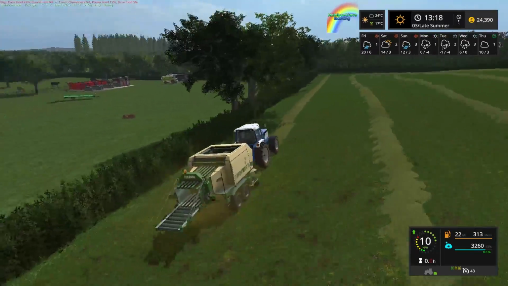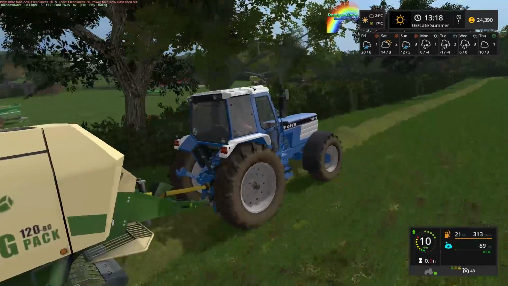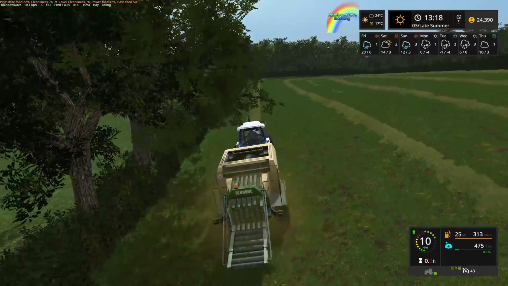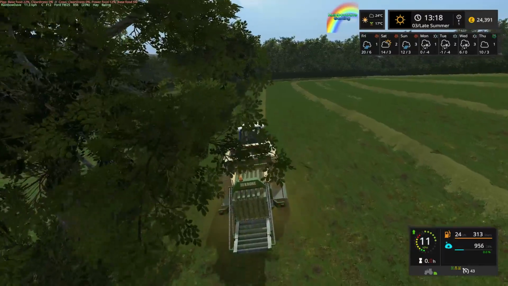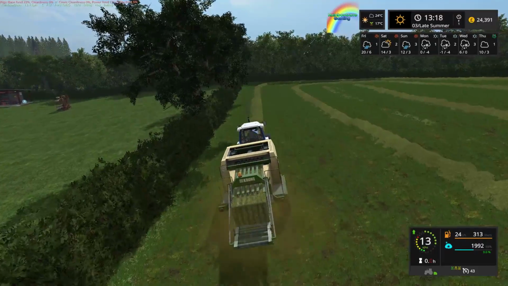We have a Ford TW25 and a Krone Big Pack 12080. We're going to be baling up some hay. I know the animals still need to be worked on. I will do that at the very least in the next episode, but I do want to get this hay